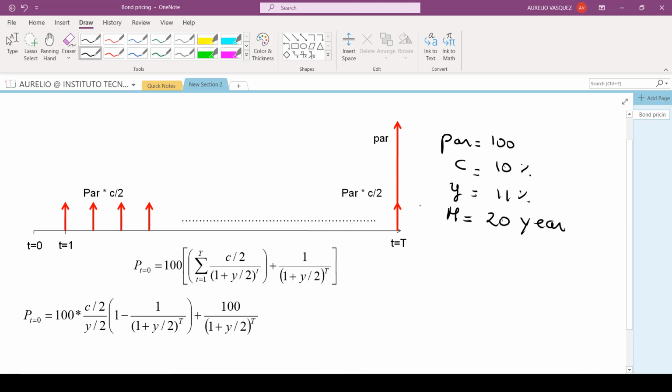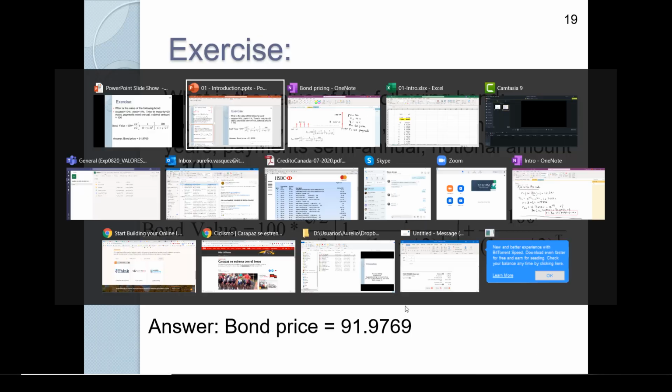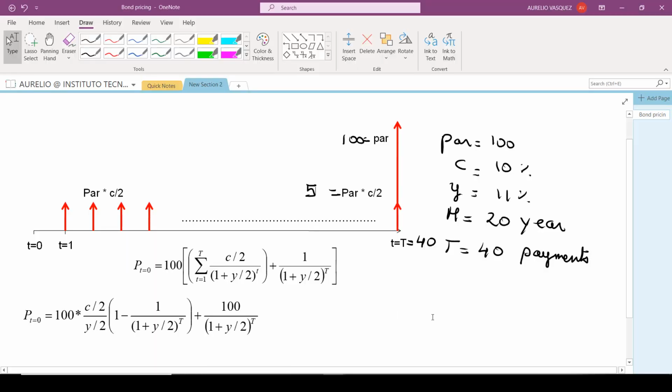Now remember that there are 2 payments a year, so that means in total we're going to have 40 payments. So this means that here T is going to be equal to 40, the par value is going to be equal to 100, and here the coupons are going to be 100 times 10% over 2, that means 5. So now what we're going to do is we're going to put everything into this formula to see what the bond price is. So we have all the values, and then this formula is going to give you a closed